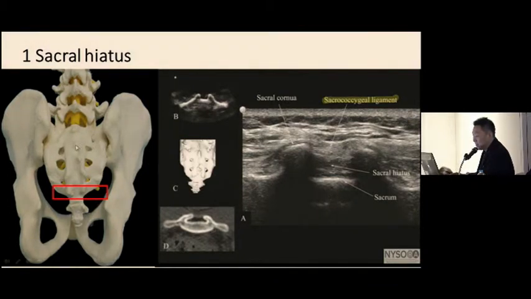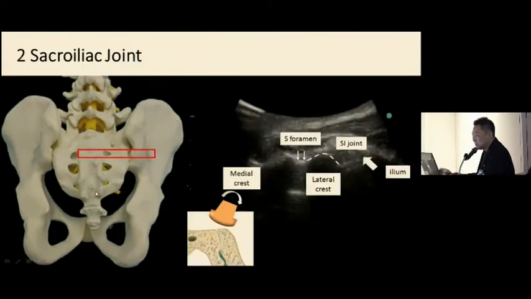Beside the ultrasound. But that is not the point. The point is we just want to see the sacral hiatus, and we want to focus on the lateral border of the sacrum. Because of that, if we just focus on the lateral border of the sacrum and follow it upward, it's going to hit the ilium, right? And the gap between sacrum and ilium, the sacroiliac joint, is easy, right? So we just follow them, and then we see the gap between the two bones